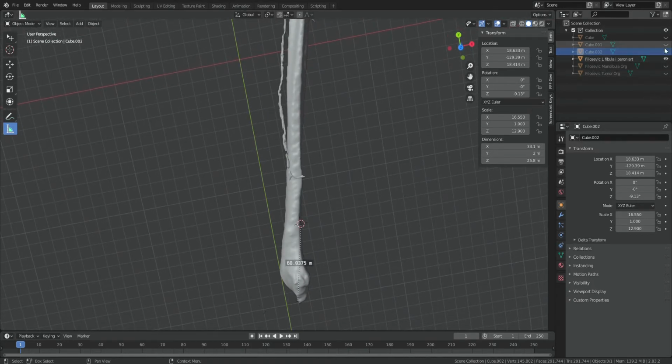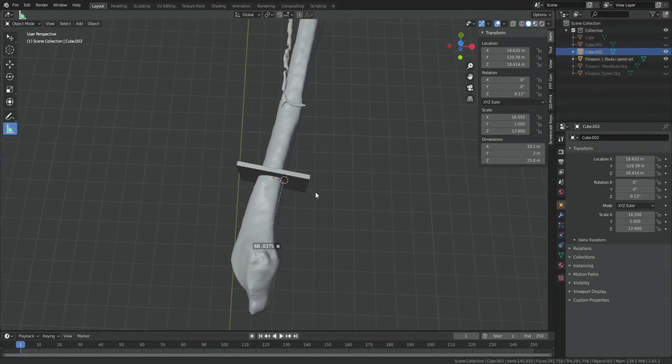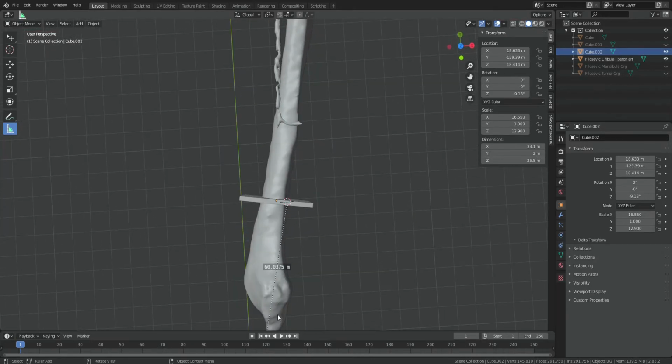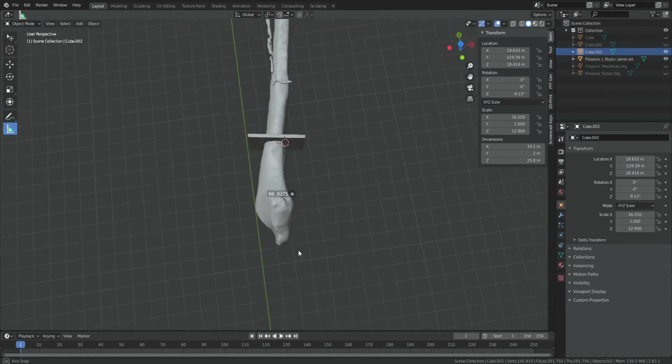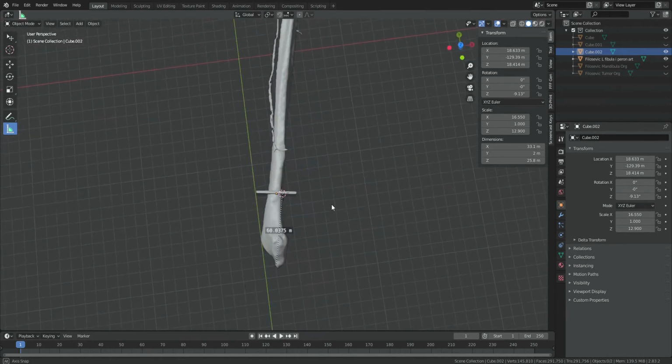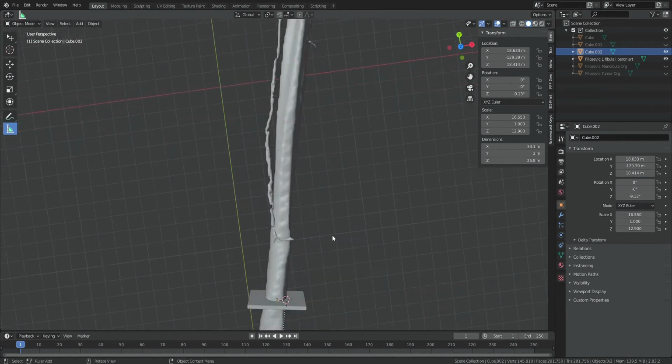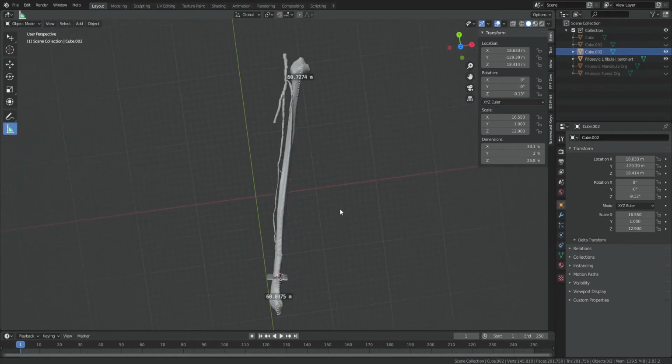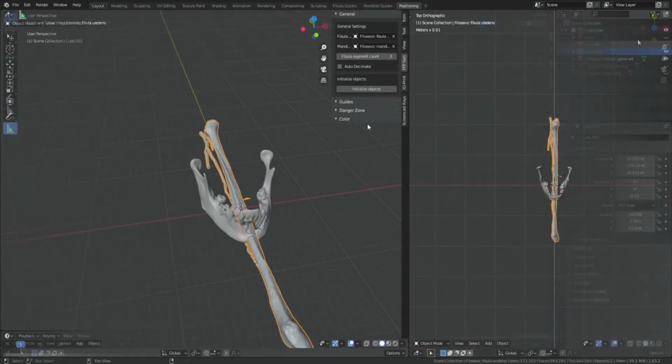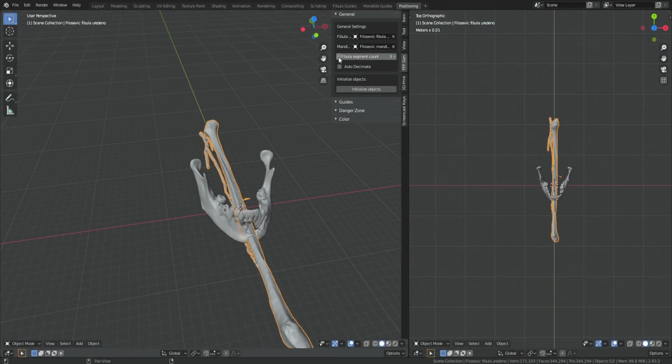The osteotomy should be somewhere like here, 6 centimeters from the distal part of the malleolus, and yeah, this is it. Okay, as said in the plan,